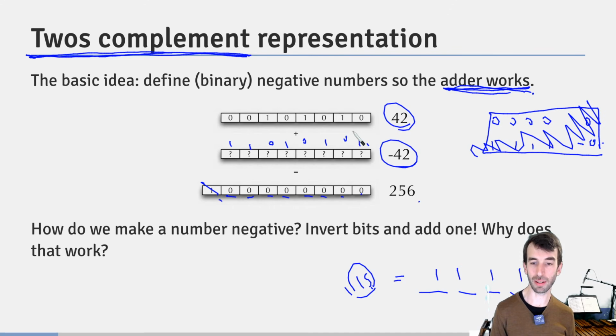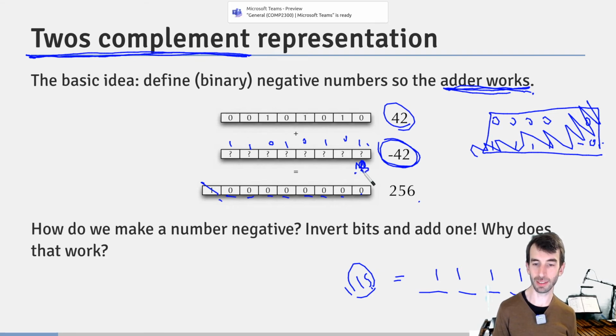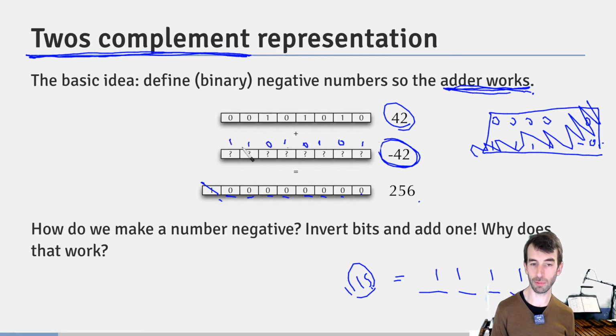We use 2's complement. And the idea here is that to find the negative answer, we flip all the bits and then we add 1. So we're actually going to end up with the flipped bits plus 1, 1, 0, 1, 0, 1, 0, 1, 1, 0, 1, 1, 0, 0, 1, 1. And this means that we end up with